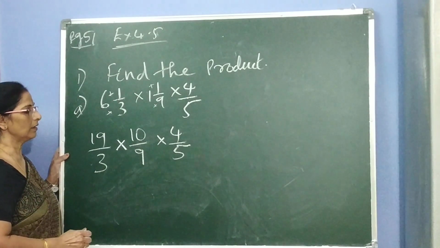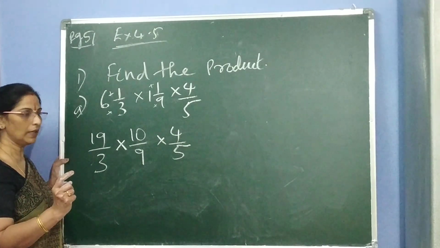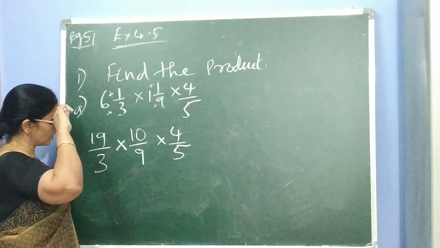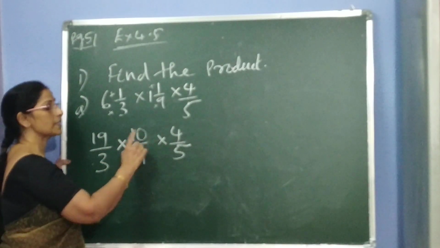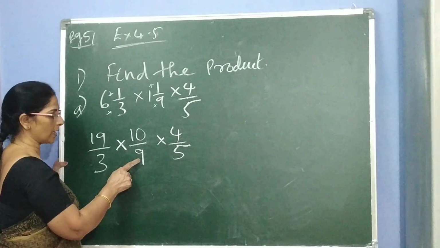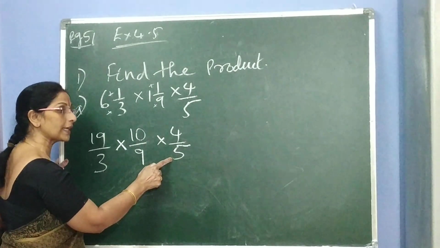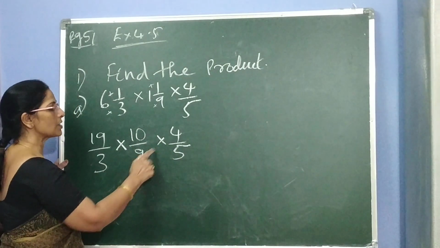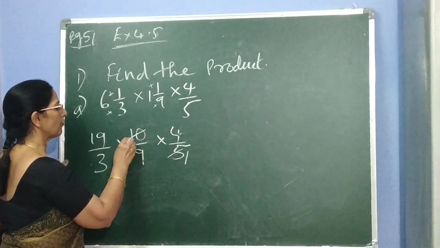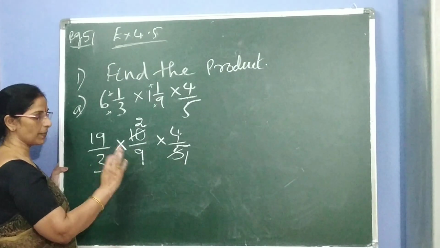Okay. Wherever simplification is possible, we better go for the simplification. Look, children, up and down or cross numbers can be divided. Here these two we can't, these two also can't, these two we can. Here these two we can't. 5 ones are 5, 5 twos are 10. Okay, the simplification is over.